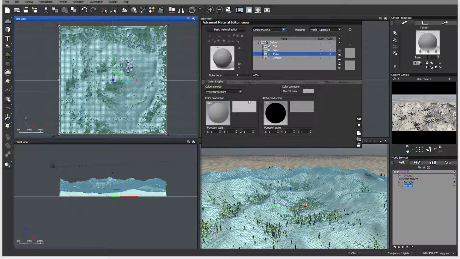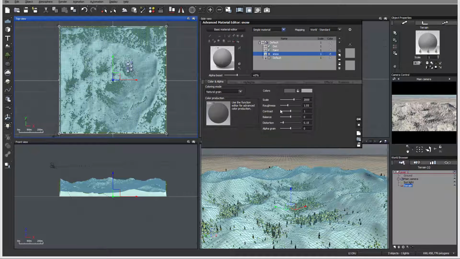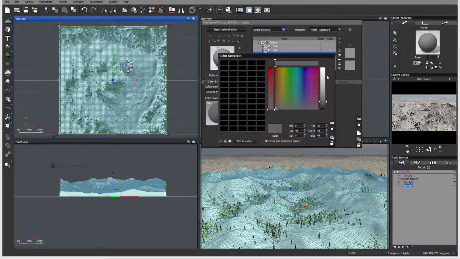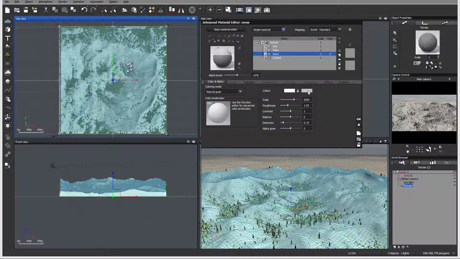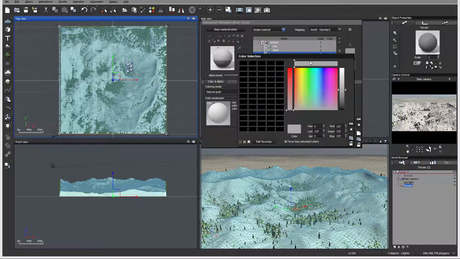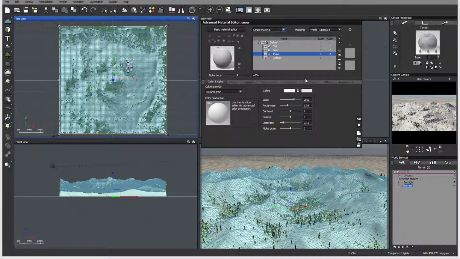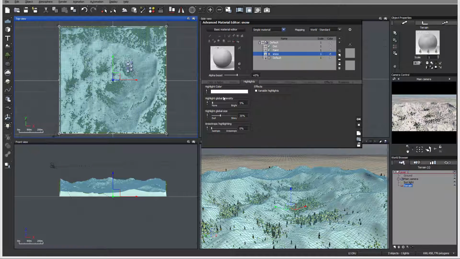Right here we're going to switch to natural grain. And we'll go white and maybe just slightly grayish blue kind of. So again, pop up highlights. If you want to add a little bit of snow to this effect,